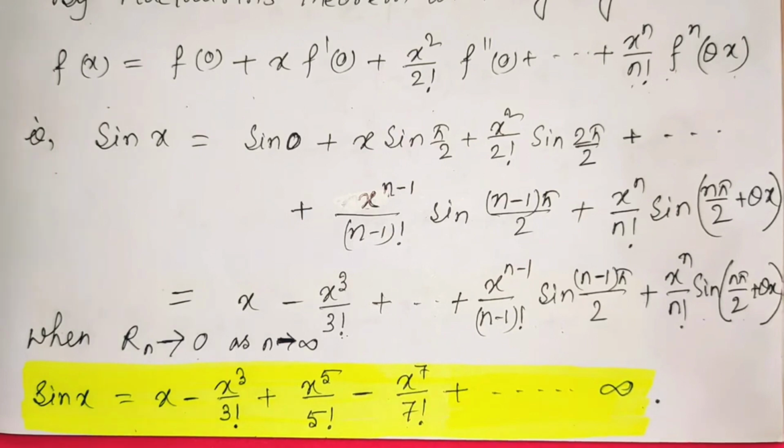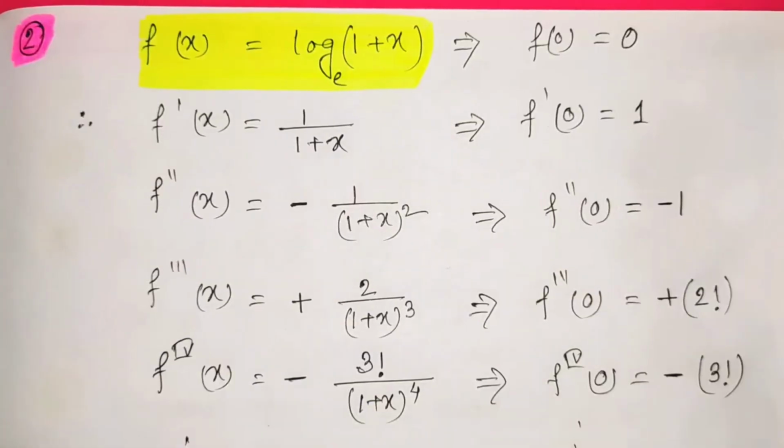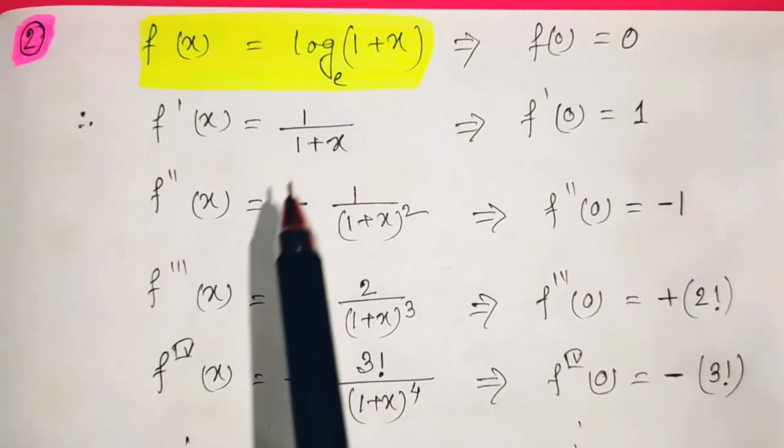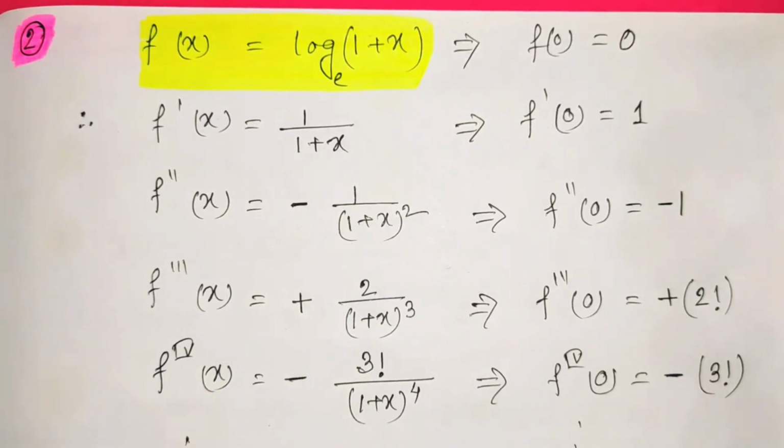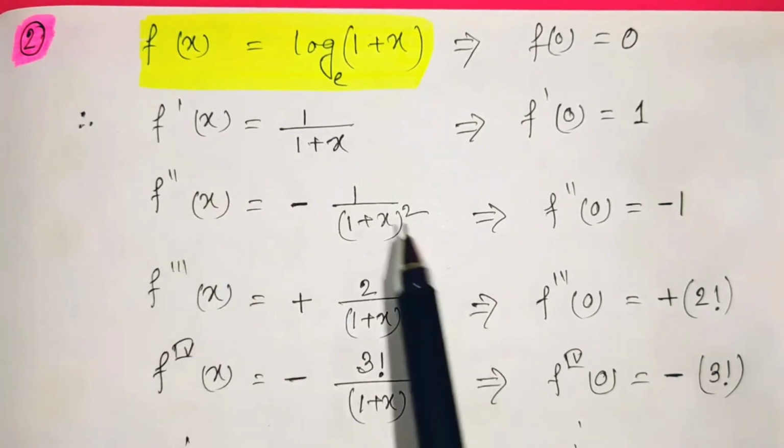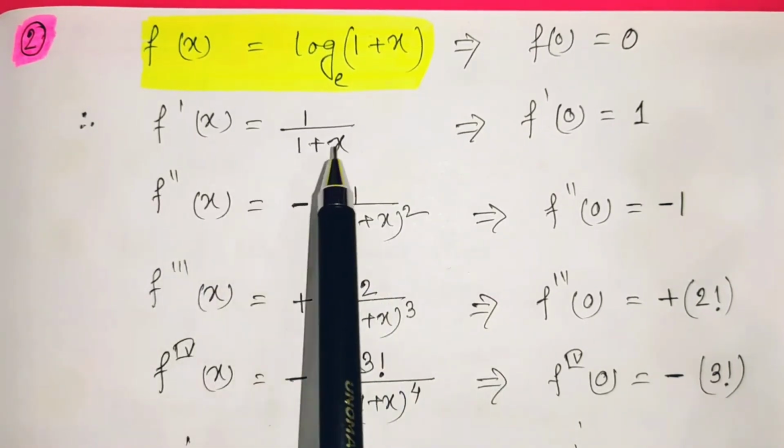So if you know the Taylor series and the Maclaurin series, then we can easily expand the function in this type of infinite series. Next we will do the log function. So the given function is f(x) is equal to log(1 plus x). If we take the derivative of this function, then we will find the first derivative is 1 divided by